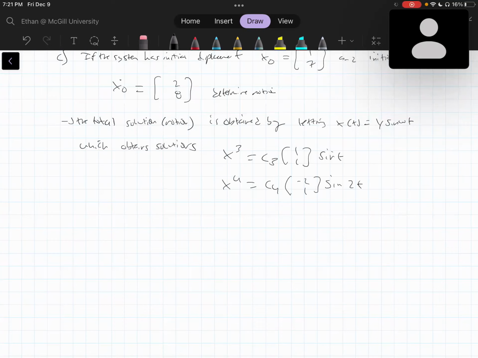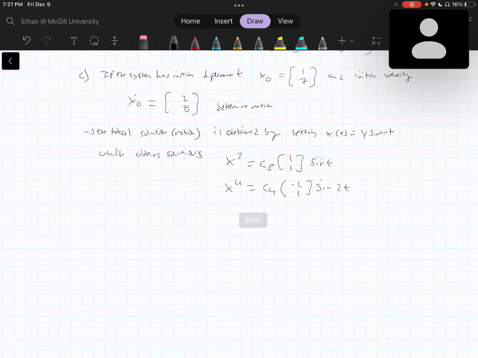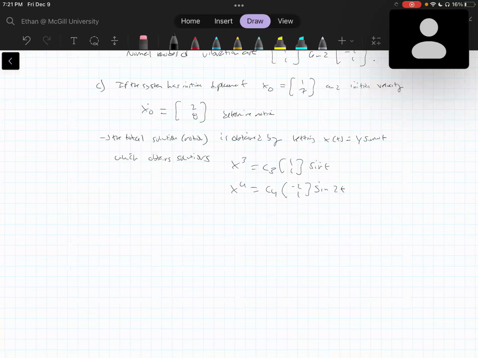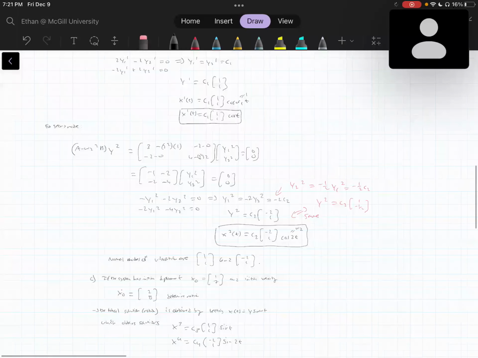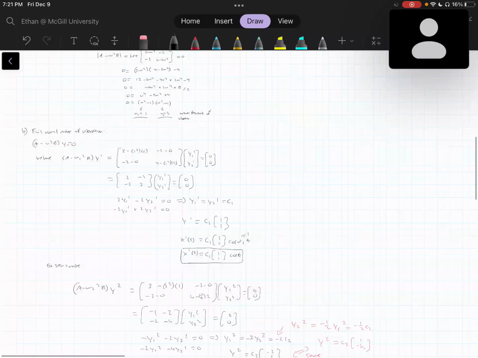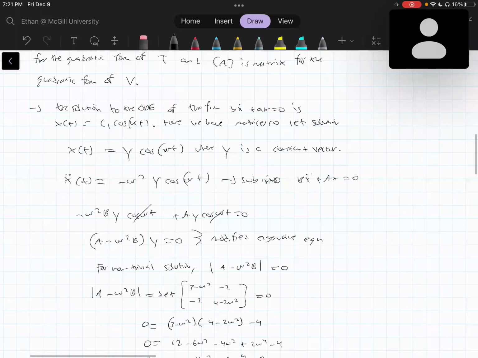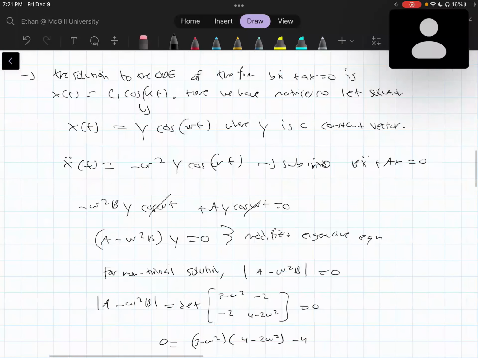So above in part B, to find the normal modes, we only considered the cosine part of the total solution. But as I said above, the actual total solution is C1 cos kt plus C2 sine kt. A little mistake there. In the first case, we only consider the cos part because we want to find